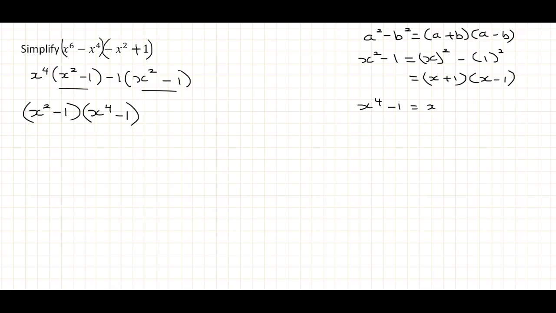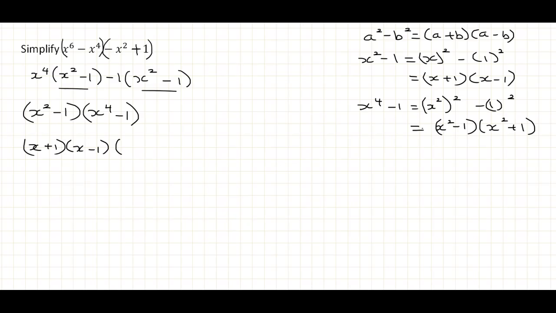This is going to be the same as x squared minus 1 squared. So this is going to give us x squared minus 1 multiplied by x squared plus 1. Now we're going to replace each of these terms with their factored forms. So we have x plus 1, x minus 1. Then we have,